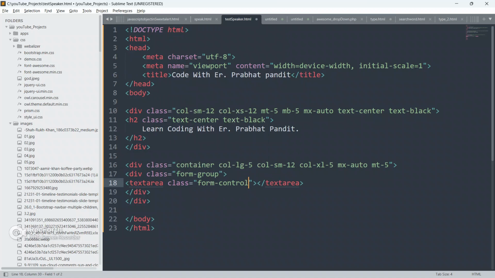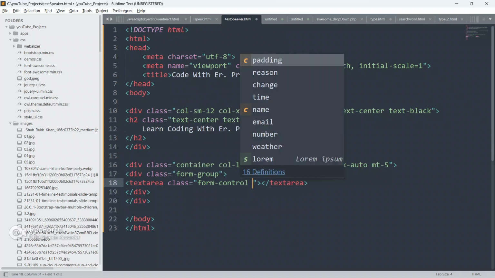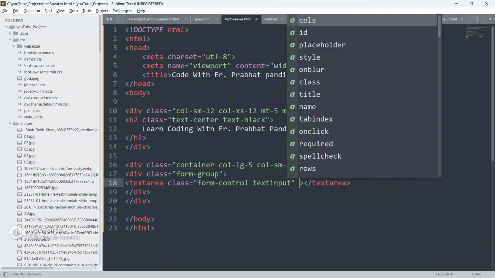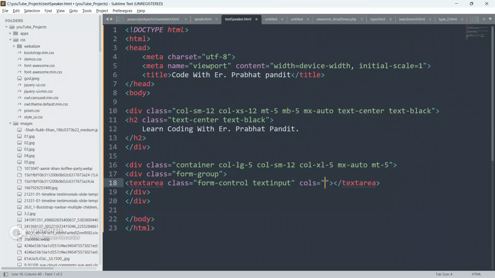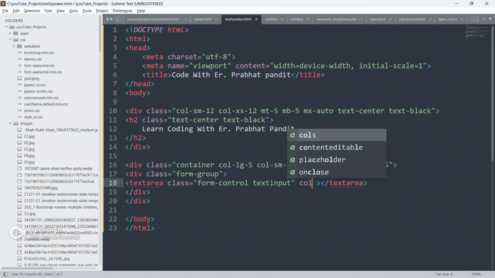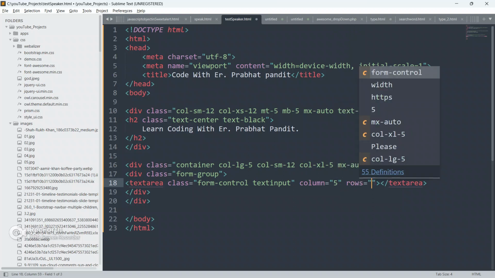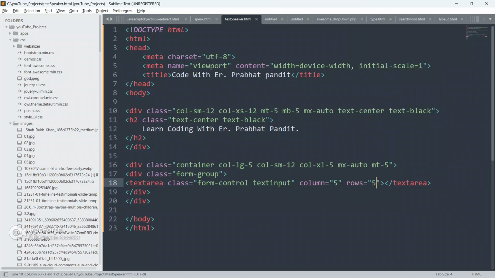Give it a class as form-control, and give the name text input, and give cols as 5, and rows also 5.